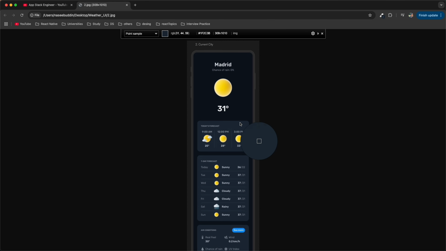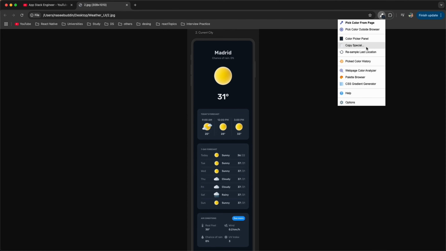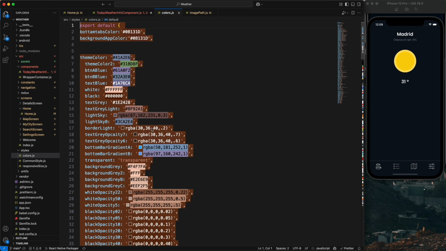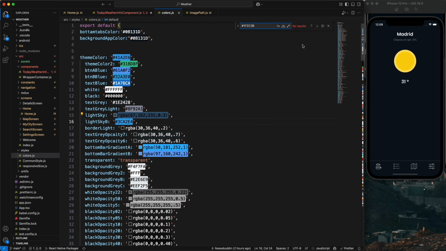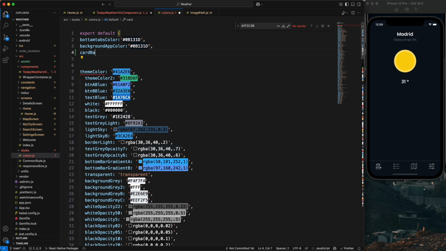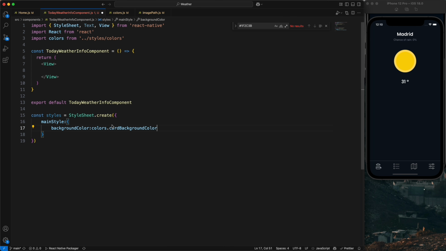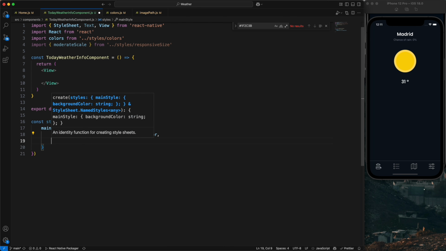Just pick the color, click it, come here, copy the color, and we go to the colors file, and we did not find the color there. Type card background, save it, copy the card background color,